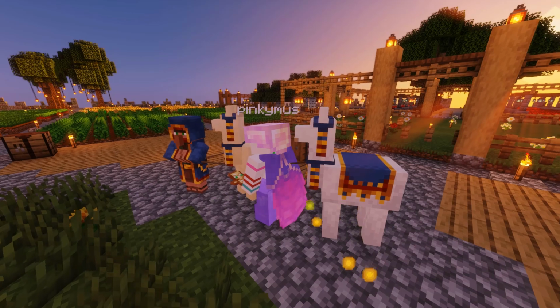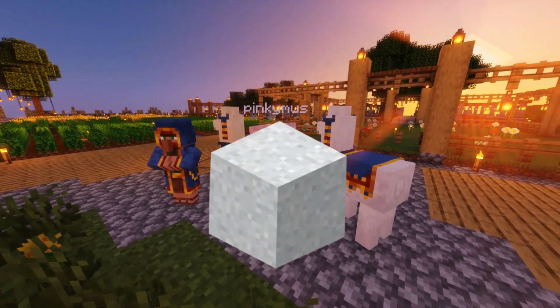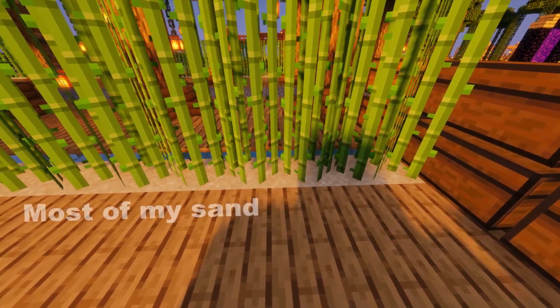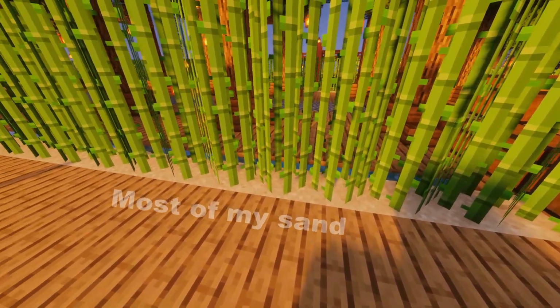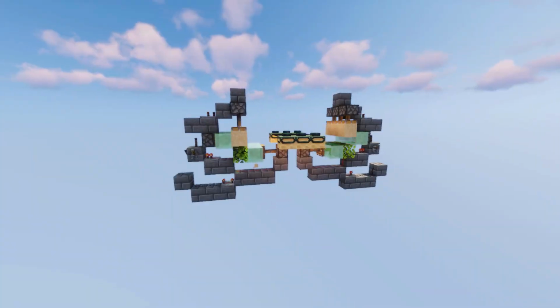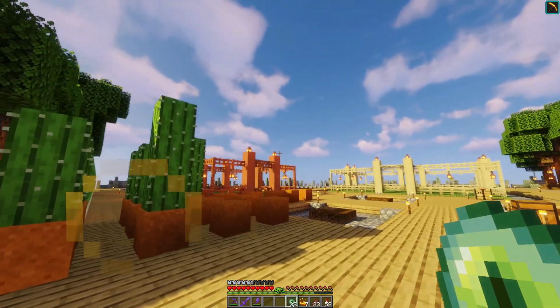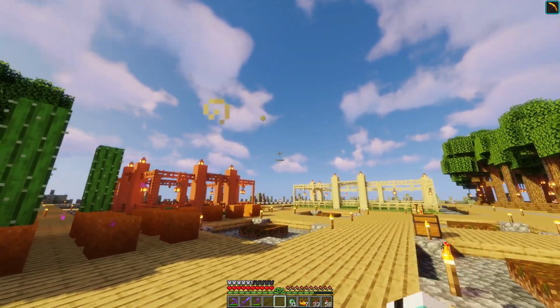Anyways, next up on my material list was concrete powder. And I don't have any of that yet, and I also don't have enough sand to make a lot of concrete powder. Introducing the gravity block duplicator. That was a mouthful. Anyways, all you need to do is throw some Eyes of Ender in a random direction